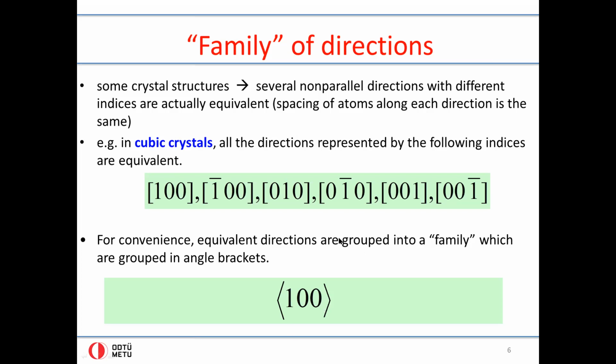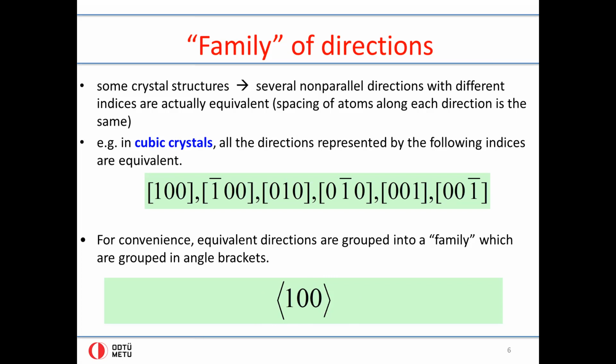And to indicate that this is a family being represented, you use these angle brackets. So this here, with angle brackets, means it is the family of directions within a unit cell, which all have